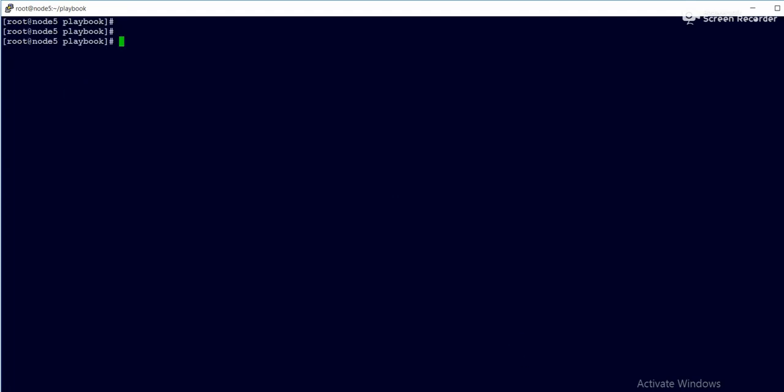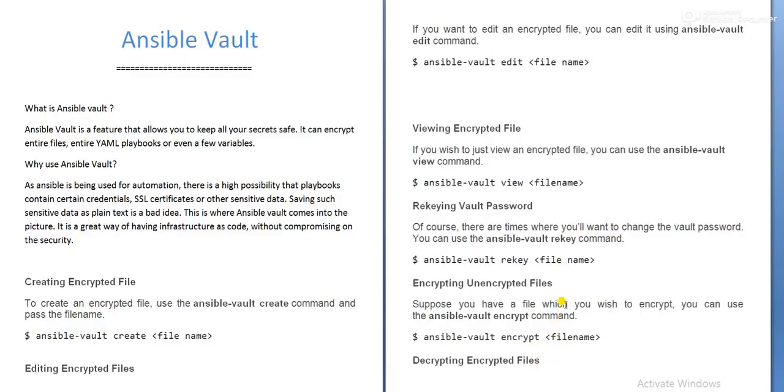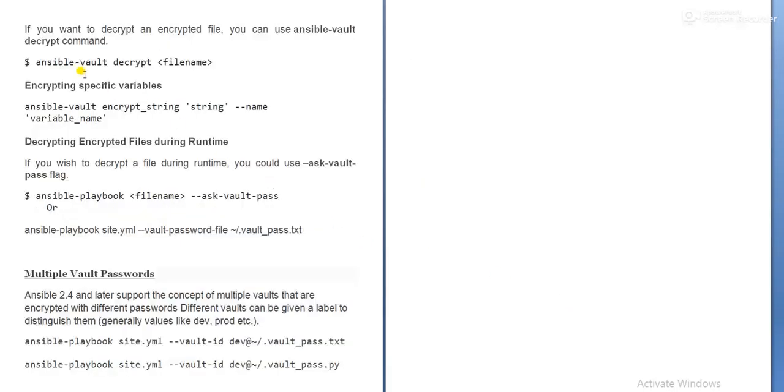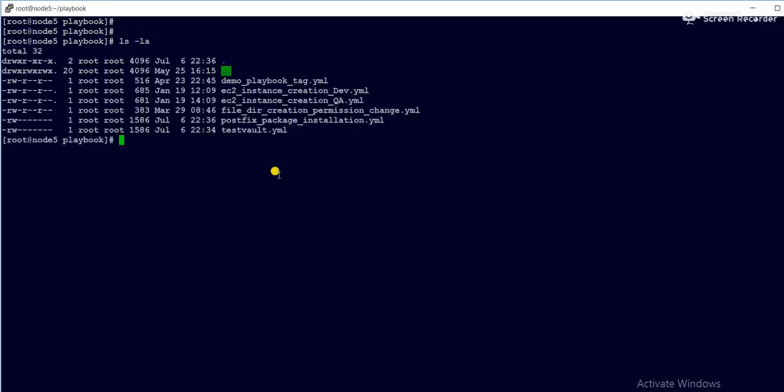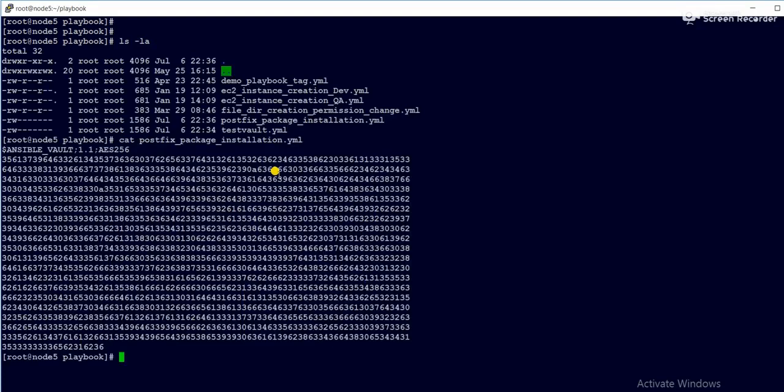Okay, so it's done. Now if I want to decrypt it again, for decryption I use ansible-vault decrypt file. Suppose I do not want encryption anymore. If I give cat, it is encrypted, right?